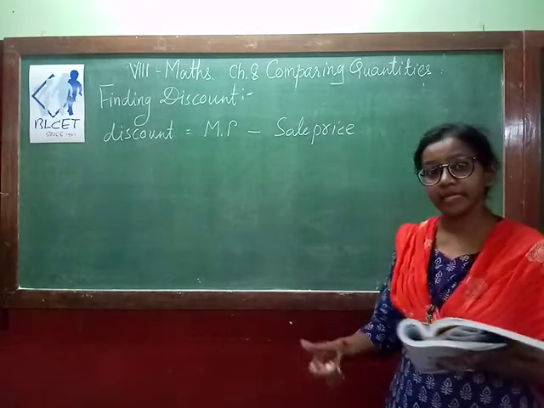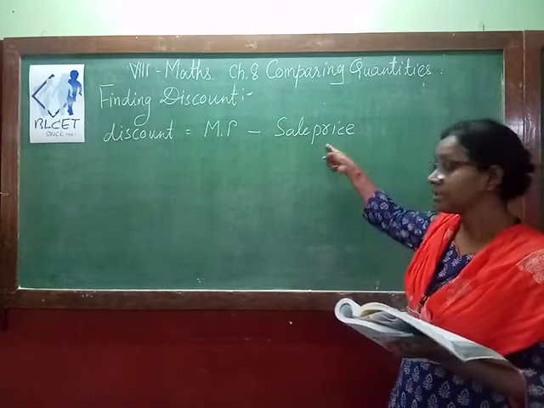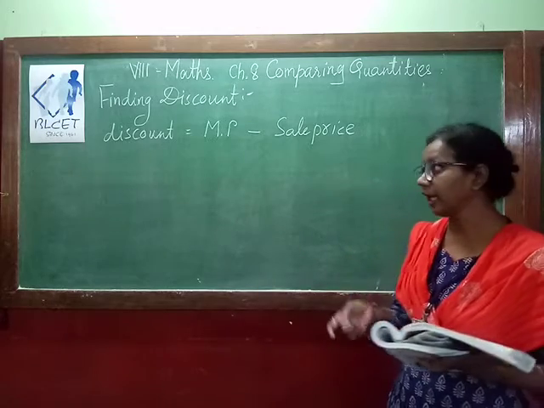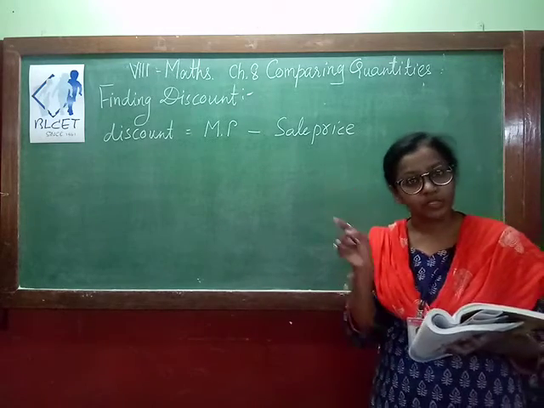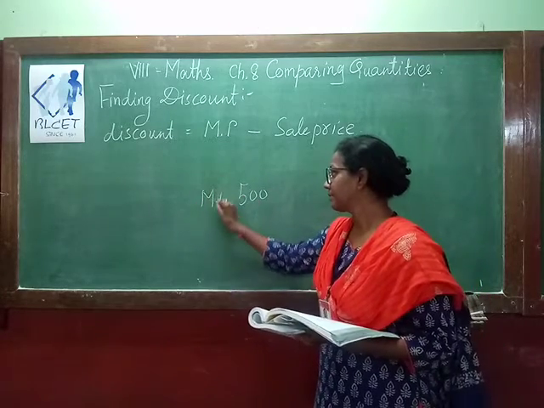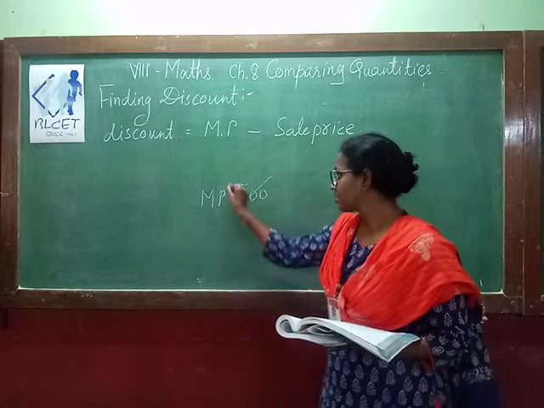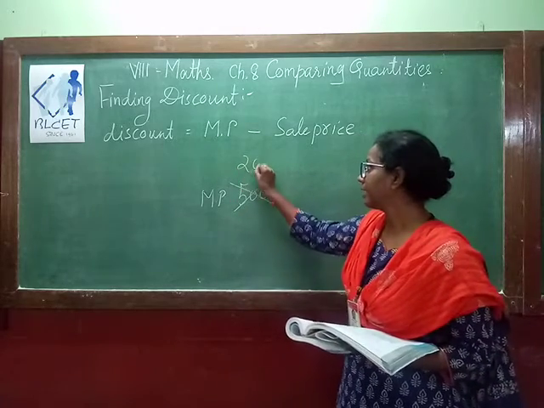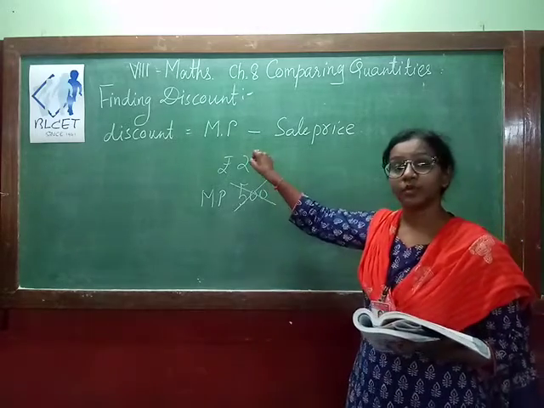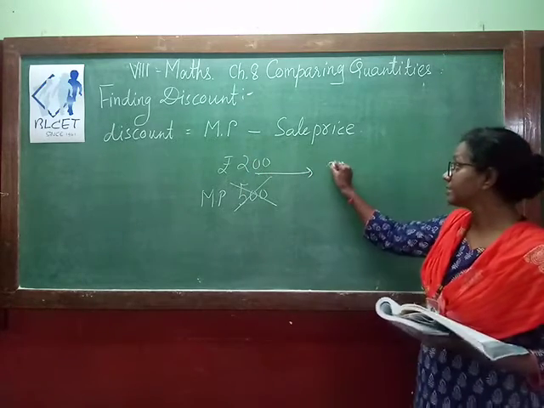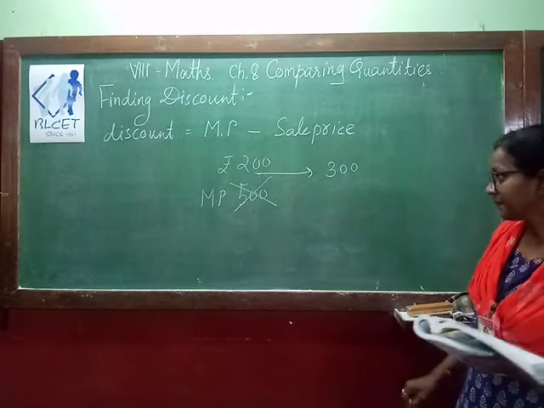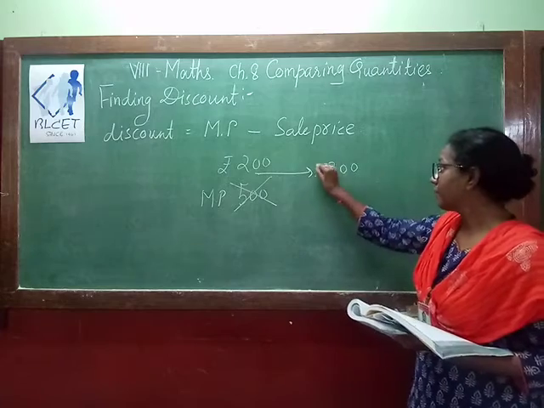Sometimes it happens mark price is given, it will be crossed out and then the selling price written. You have already observed whenever there is a festival time duration, they write the mark price, then it is crossed out like this. Suppose 500 is the mark price, maximum retail price MRP, it is crossed out like this and 200 rupees is written here. So 500 to 200. So the discount is rupees 300. I am just giving you an example, don't take it seriously, okay? So this is your discount of rupees 300.